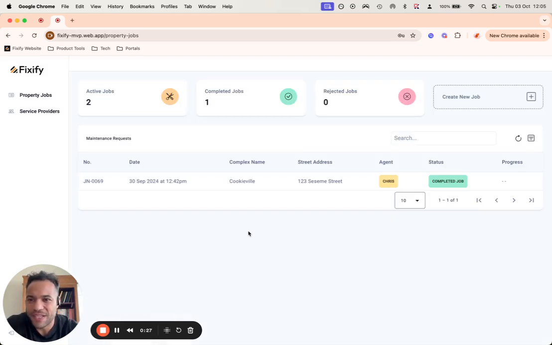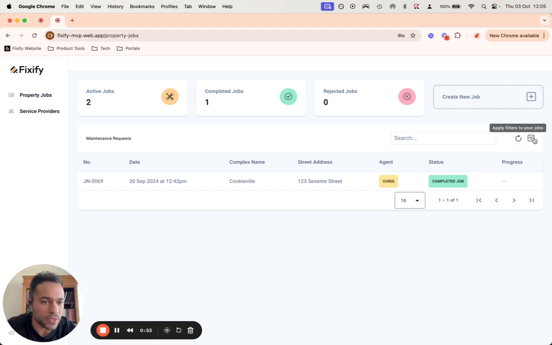that looks like this. The dashboard at the top, as mentioned, is ready and set up for you to go. You won't have any jobs come through just yet until such a time that you create a new job. But from left to right, just so you can see what's happening, property jobs and service providers are your two tabs that you will play with. These tabs at the top of the screen are inactive, meaning they don't click or anything. If you want to navigate around your dashboard, you simply hit this button on the right-hand side that looks like